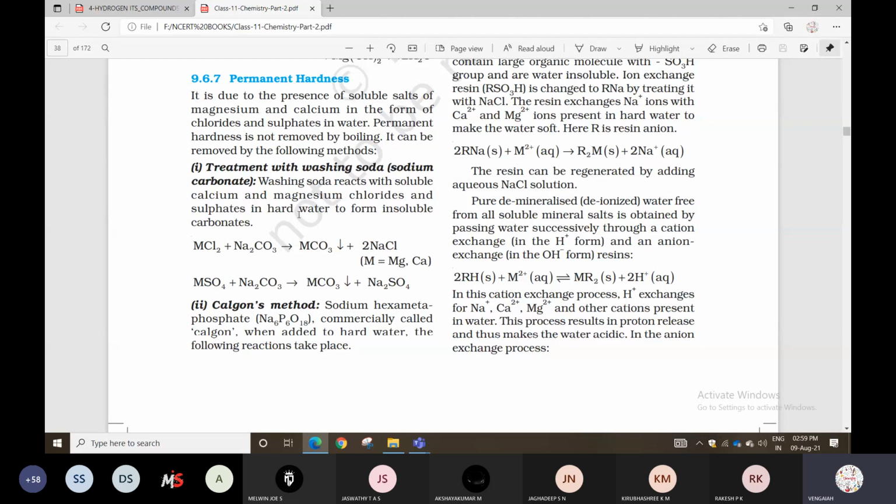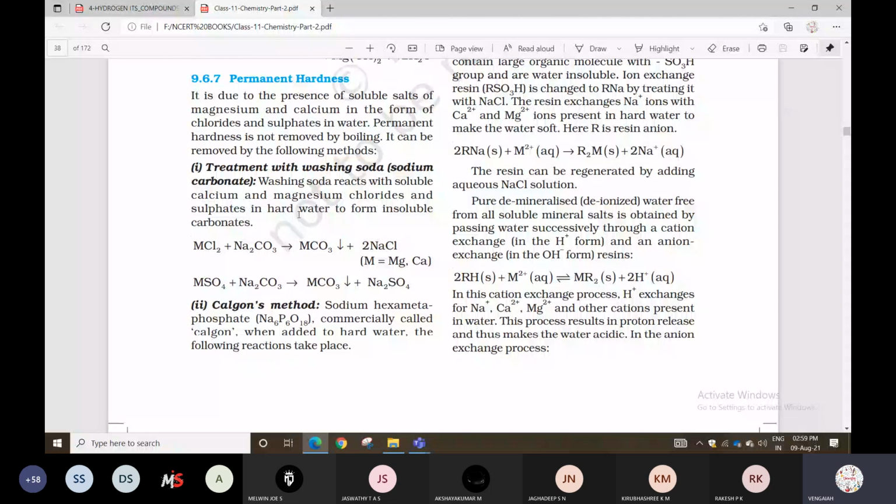Sodium hexametaphosphate, that is commercially called Calgon. So we have two names. One is the common name, the next one is the IUPAC name. The common name is generally Calgon, like limestone, or you can say calcium carbonate, the general name according to IUPAC nomenclature. Limestone is the common name type. Same type. Here we have Calgon based on the method they have given.